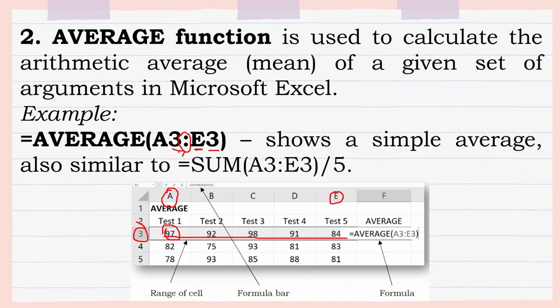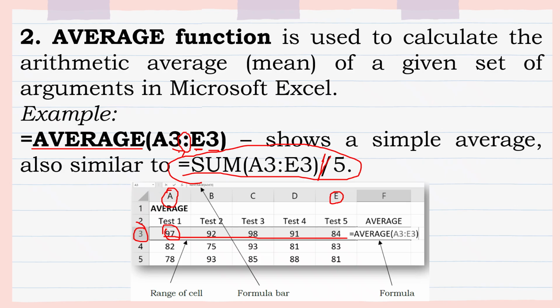So it shows a simple average. But teacher, can we use another method in getting the average? Yes, of course. Instead of using the function name average, you can use this formula. Equal sign sum A3 to E3, that is column A, row 3 to column E, row 3, close parenthesis, divided by, when we use slash, that is division, divided by 5.